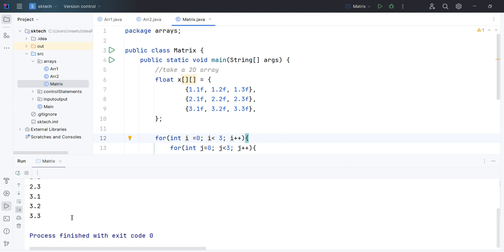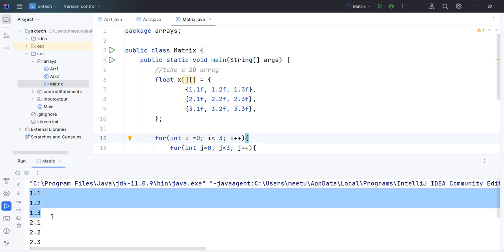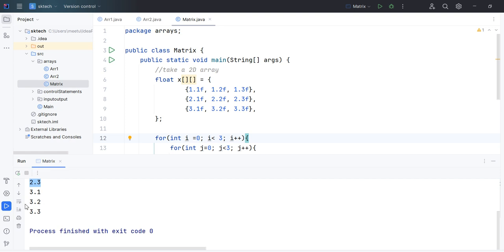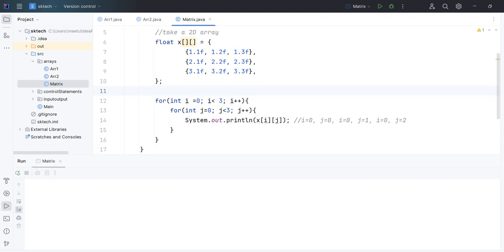So yeah, if you can see, it is printing 1.1, 1.2, 1.3, that is the first row, then 2.1, 2.2, 2.3, that is the second row, and then 3.1, 3.2, 3.3, that is the third row. So let's write some formatting concept here to format the output so that it will be more visible. So let's write some statement like read and display